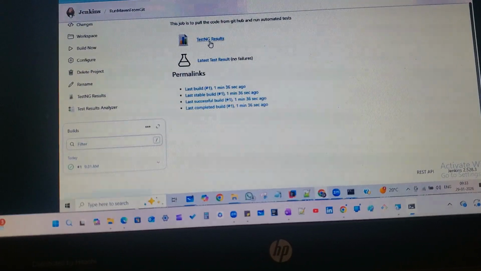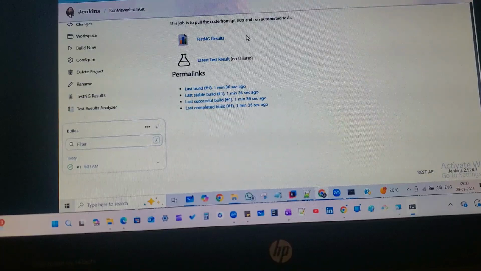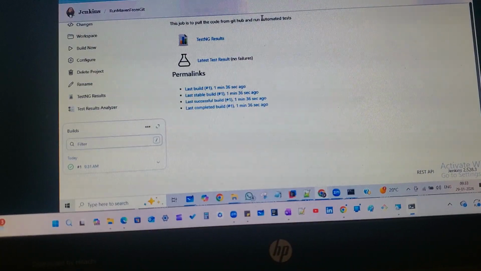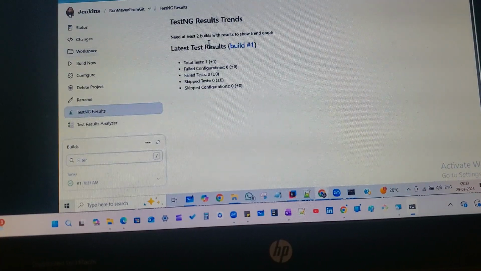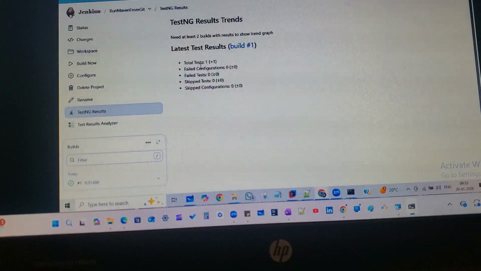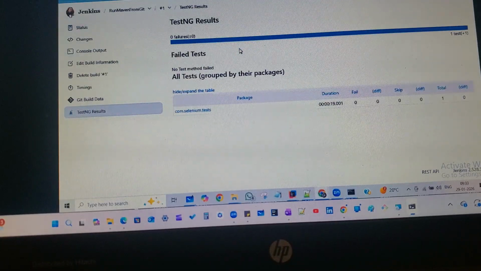Okay, if you see the test engine results, maybe it looks like when we have the project from the Git, that is when it will show that. Looks like not for the local one. Let us see what is there, the test engine results. If you click on this, build number 1, total test 1, failed 0. Like this, it's showing build number 1. If you go here,